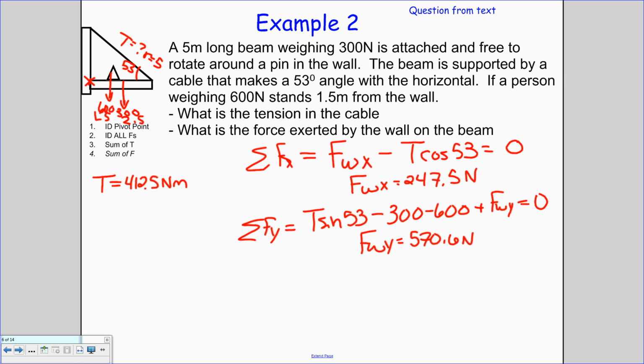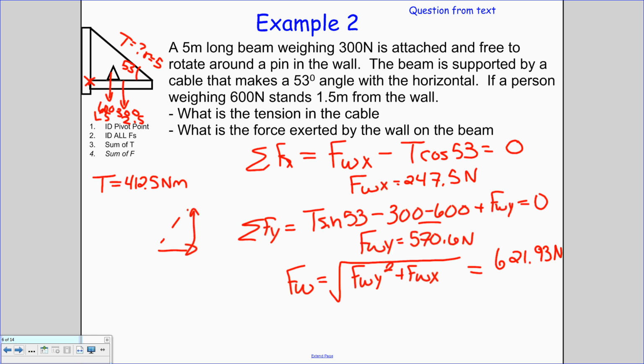Okay? And that's going to be in the upward direction since the downward is larger. And if we want to find the total force on the wall, that's a squared plus b squared equals c squared. So that means that's the square root of FWY squared plus FWX squared. Okay, and that's just Pythagorean theorem because we've got a triangle of forces, one going this way, the other going this way, and we are finding the hypotenuse, which is equal to